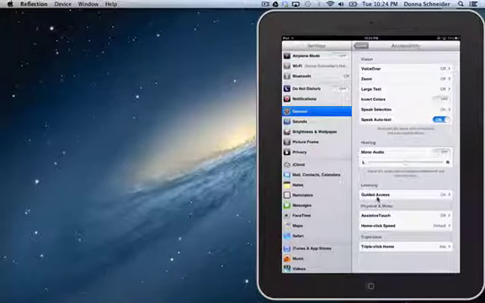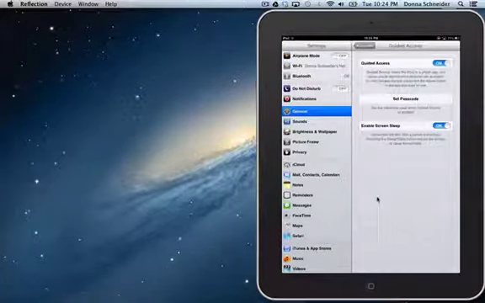The next one that's really cool is what they call Guided Access. What Guided Access does is it allows you to lock an individual into a certain app, and it gives you control so they can't get out of that app unless you put in the required passcode, or someone does. So when you turn Guided Access on, you can go in and set the passcode that they would need to enter in order to get out of the app. And then you also enable the screen sleep because that will